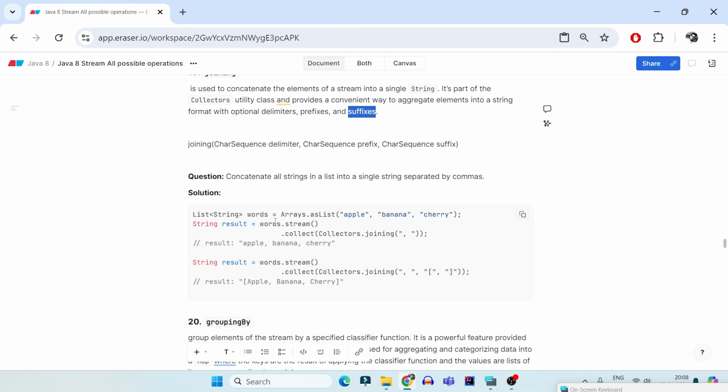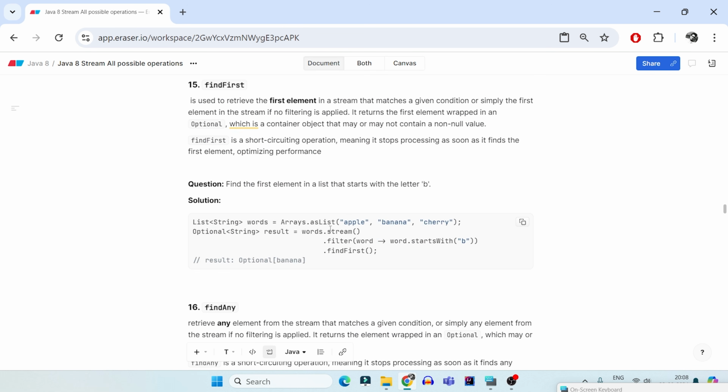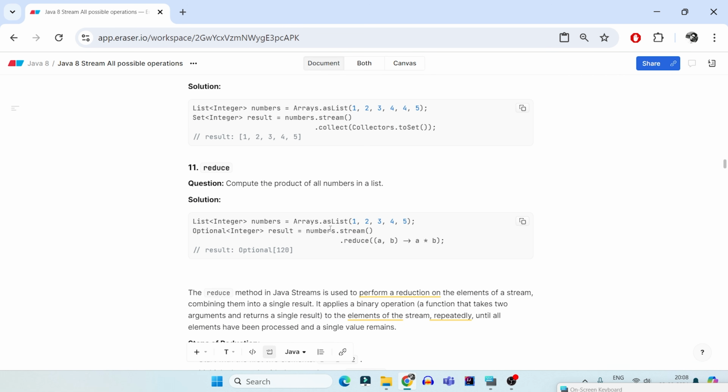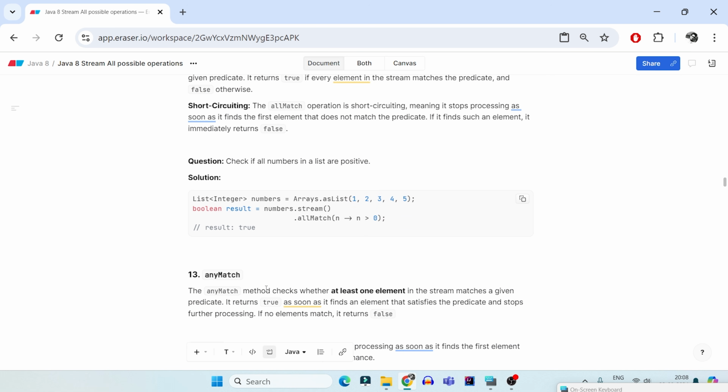So I again have the list of some fruits, for example apple, banana and cherry. I want to concat them and have a result as apple, banana, cherry. So this is a list of strings, and I want to concat them. Whatever we were doing till now was Collectors.toList or Collectors.toSet.